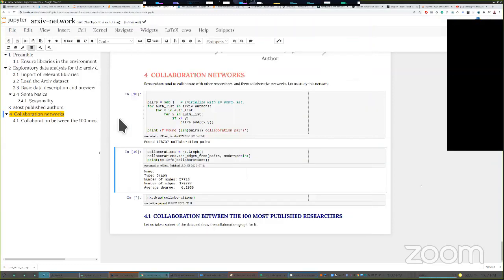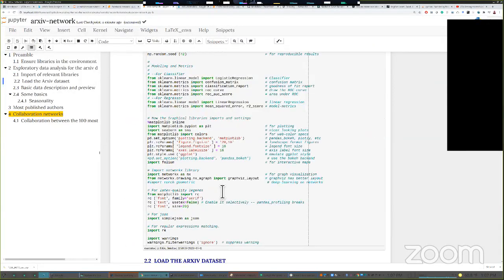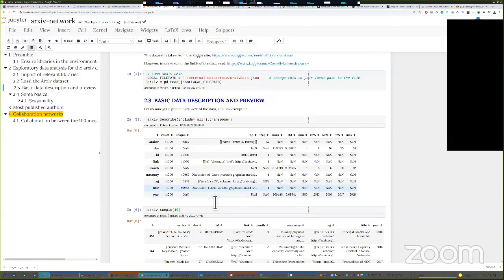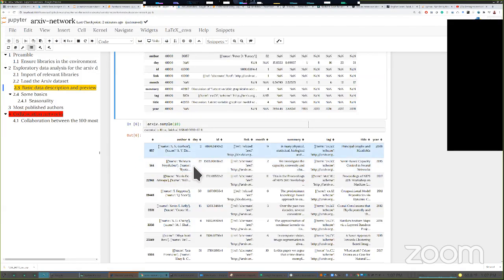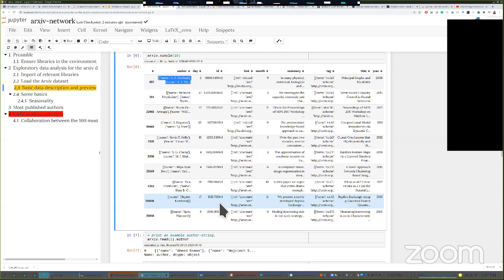How the data comes. So let's review what we did. Besides this preamble and including the libraries, we just loaded it as a JSON file. When we did that, if you look at this description, there is only one field, author. It's a misnomer because the author field actually contains a string of all the authors. So when I sample into it, you realize that it's a mess. Do you see how this is a messy string? But it is not a dictionary, right?